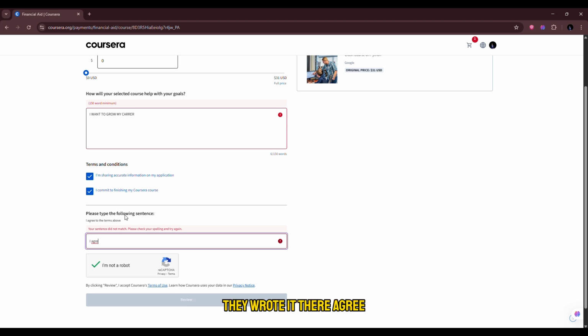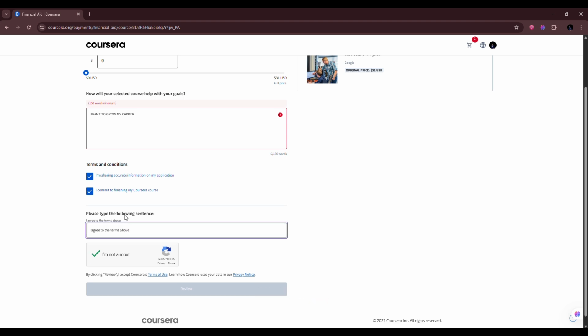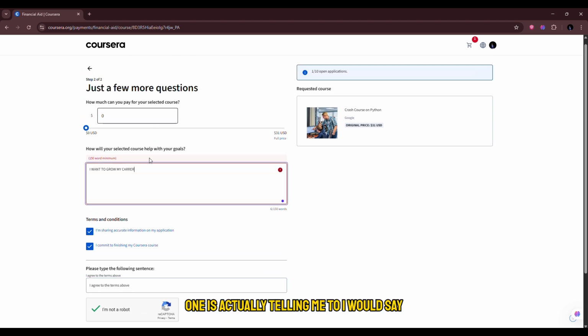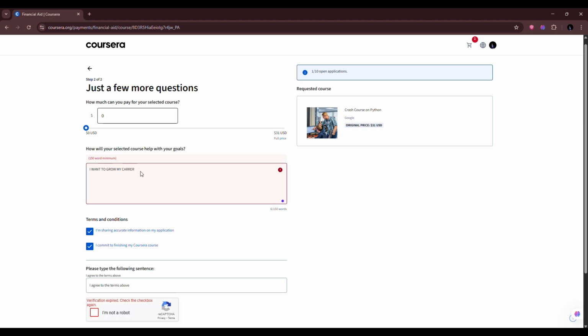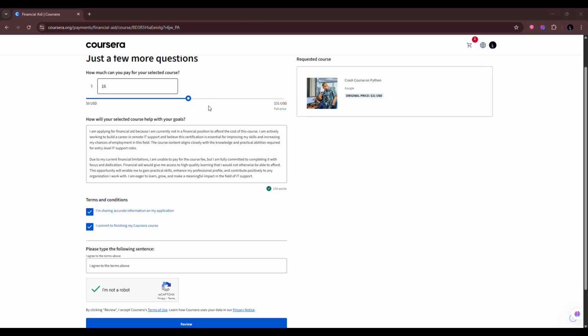They wrote it there: I agree to the terms above. So this one is actually telling me to write, let's say, 150 words. So once you've written up to 150 words here, and